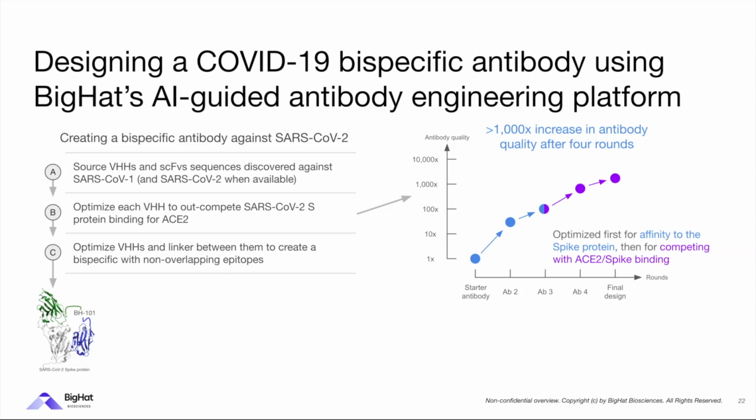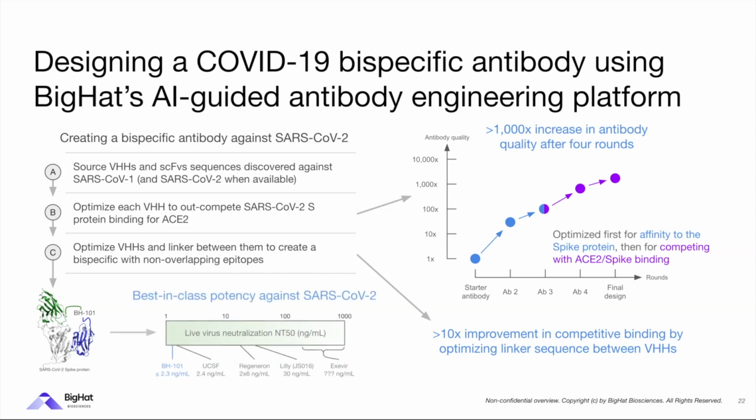We realized, though, in the middle of this campaign, that a more natural optimization target wouldn't be just affinity to the spike, but the ability to outcompete the ACE2 spike binding interaction. And so we switched assays in the middle of the optimization campaign and realized another roughly 20x or 30x improvement to this specific head. We then did this for multiple different heads of the antibodies. We took what we thought would be the most promising that would not be competing for the same epitope, and we optimized the linker between these two VHH heads to make a highly potent molecule,